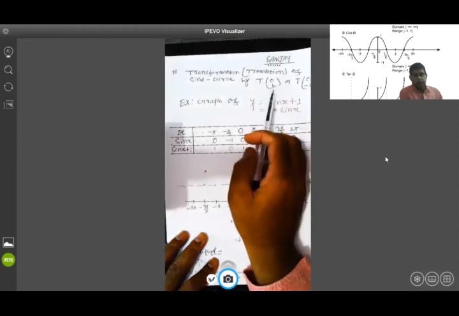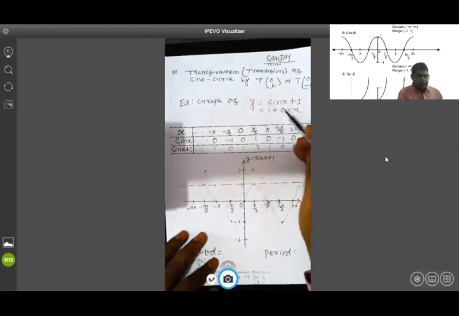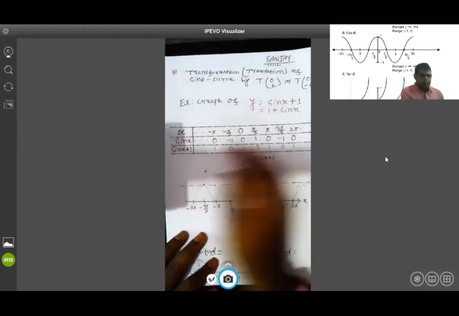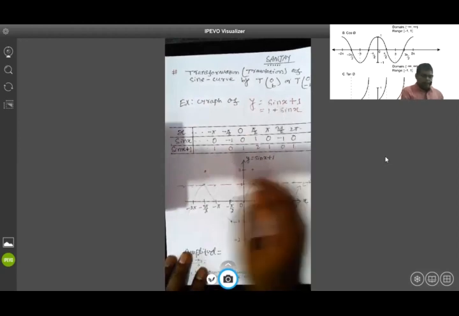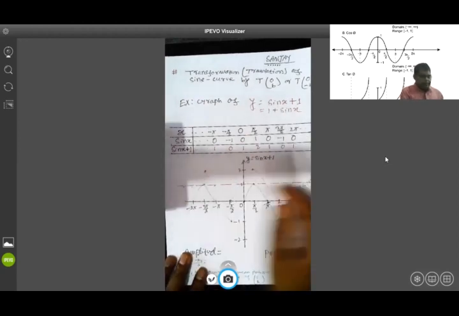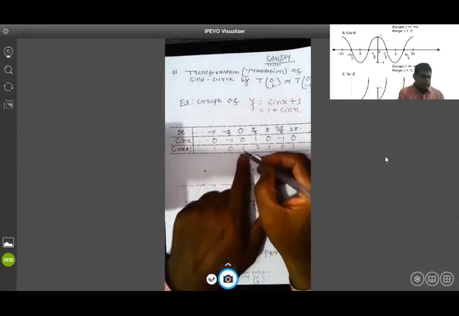It can be either positive or negative. So let's take an example. y equals sine x plus 1, or you can say 1 plus sine x. The x values of this we take as usual in the standard form, and then the sine x values are like this, and plus 1 means what happens? If it is 0, then it will go 1 unit up, that is 0 plus 1